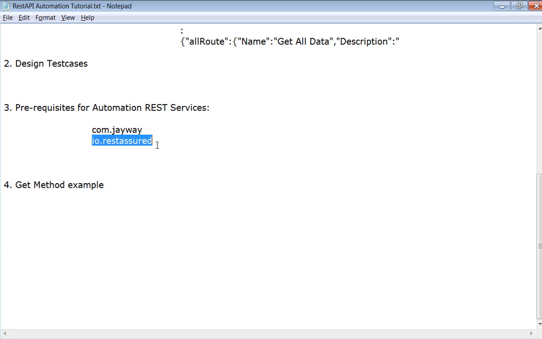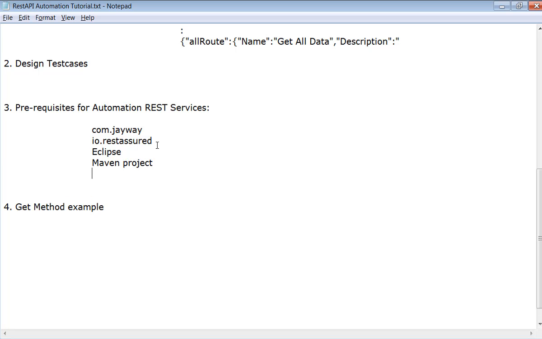Okay, so we always write a Java program to test the REST services, and we also use Eclipse as an IDE. We create a Maven project, and we maintain the io.restassured dependency in the pom.xml file.